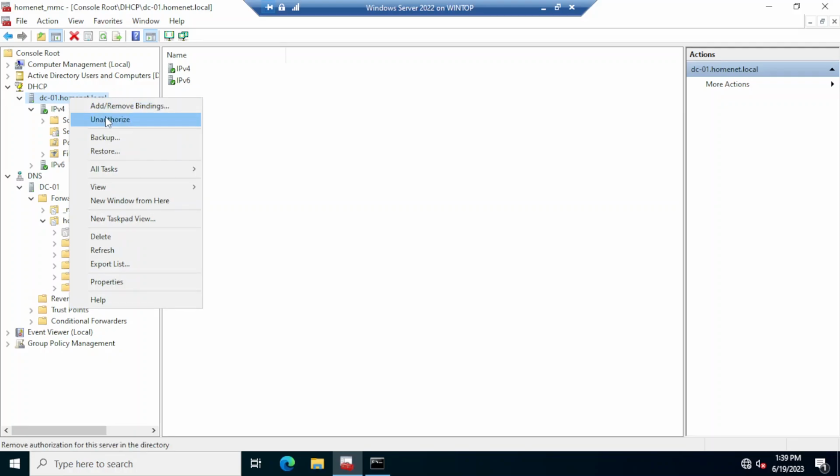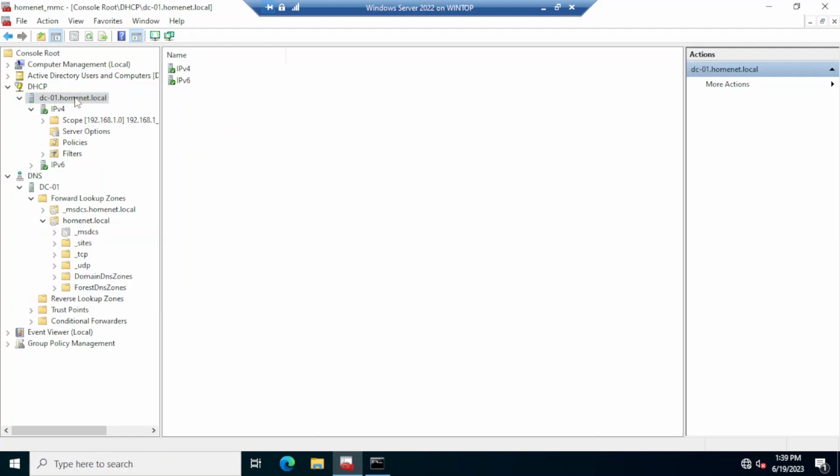So if you right click on it, it should say unauthorized here. If you right click and you see authorize here, this means that your DHCP server has not been authorized in Active Directory. So make sure it says unauthorized. Once your DHCP server is authorized, correctly set up and running,